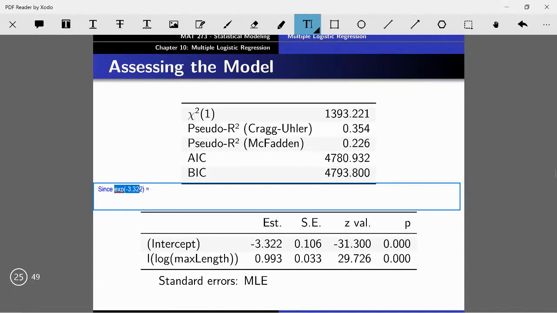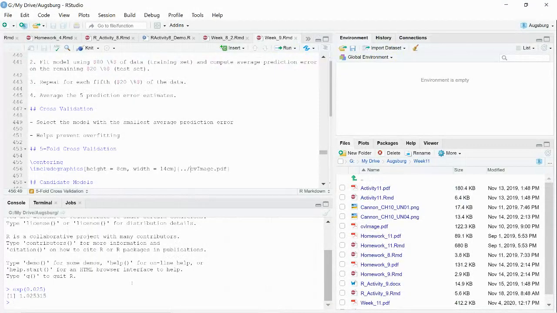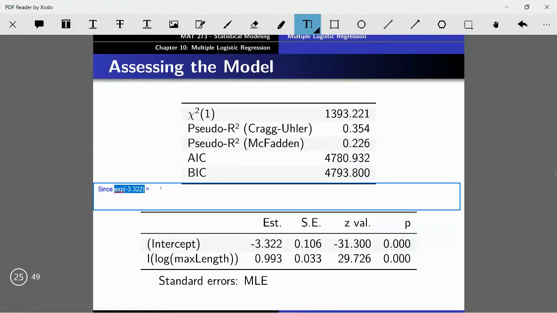Let's see what that is using R. Since e to the minus 3.3 is about that, which is the intercept term,